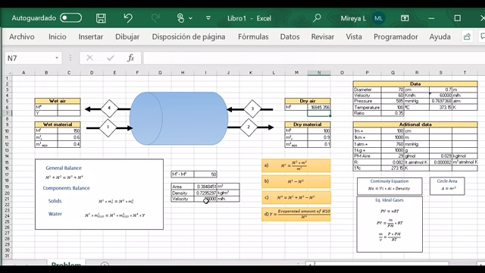So now we can obtain the mass of the wet air current with the information provided here. And finally, we can calculate the humidity in the air at the outlet of the dryer with the last equation